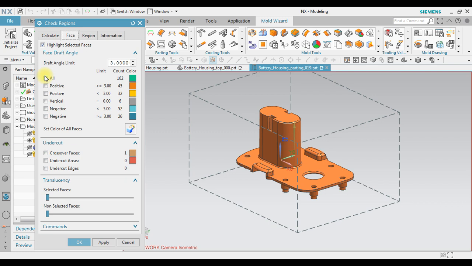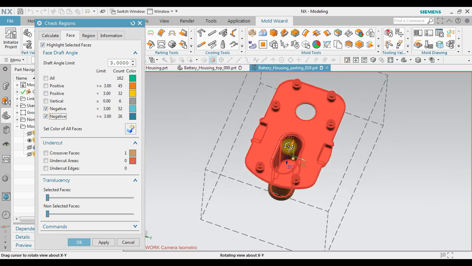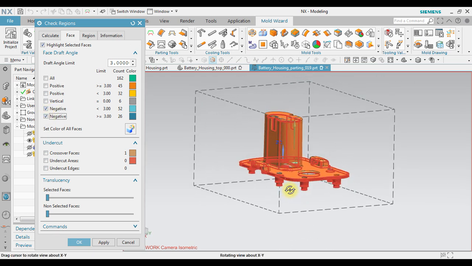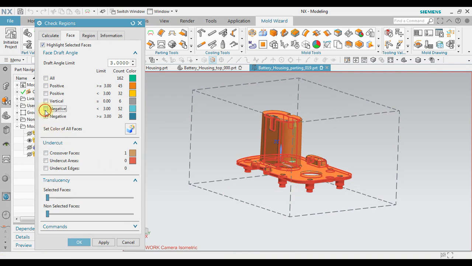It means it will be measured according to this draft angle. So for example, the positive draft angle, this one is more than 3 and less than 3. Later it will be assigned as the cavity, and we have the negative on the below. In here it will be assigned as the core.